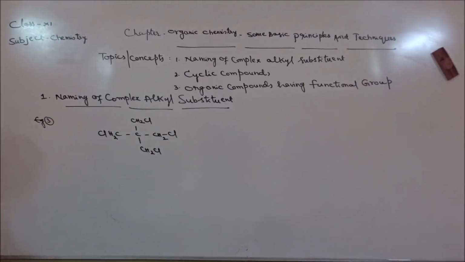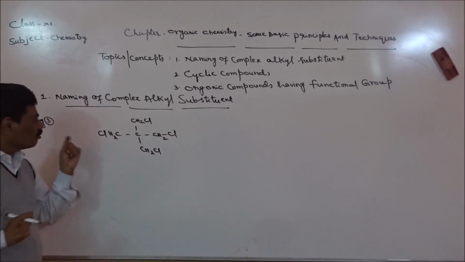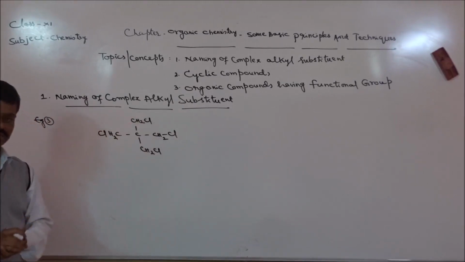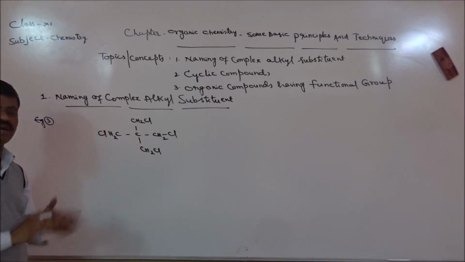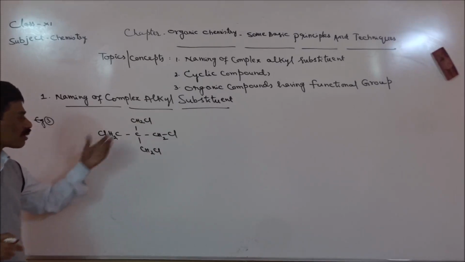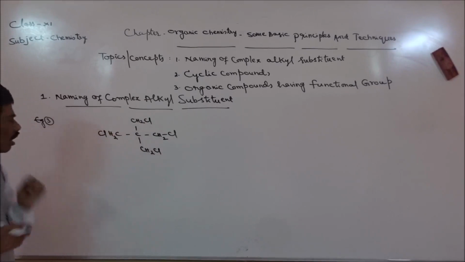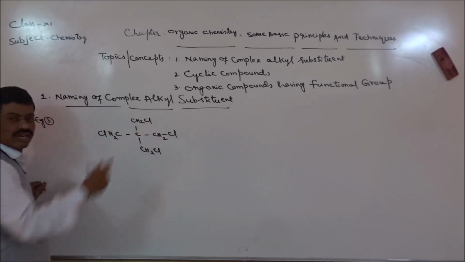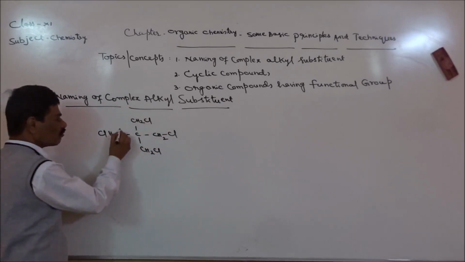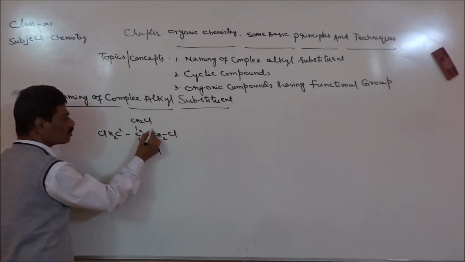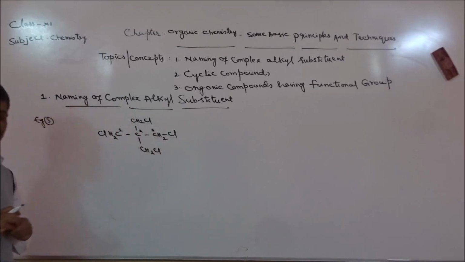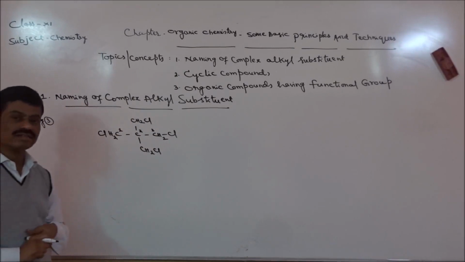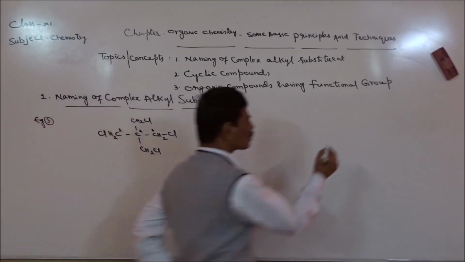Now, in this case, we have Cl's many times, right? Multiplicity, it can be called as multiple, means many times. Now, if we give numbers, either vertically or horizontally, we can give numbers in any way. 1, 2, 3. When multiplicity of the substituents is there, we use bis